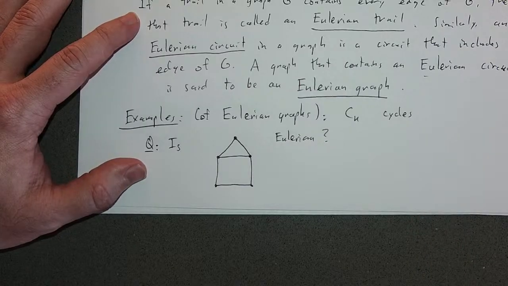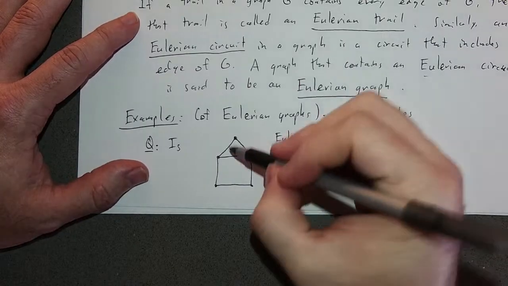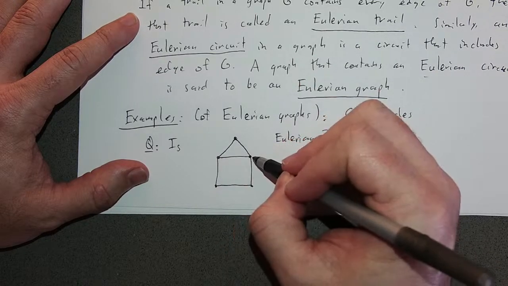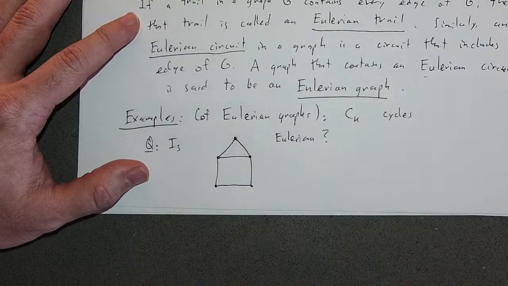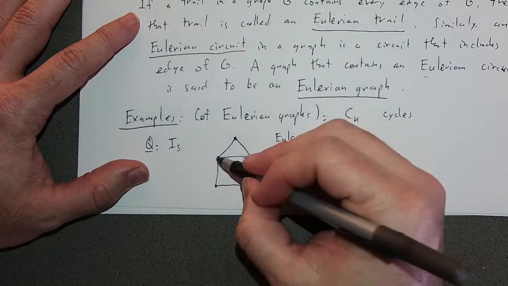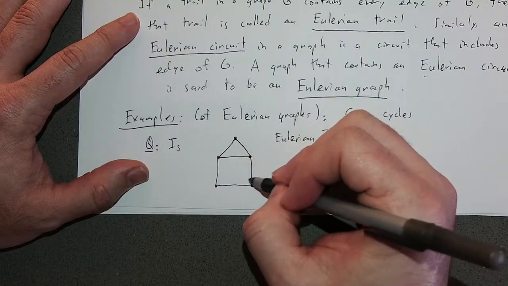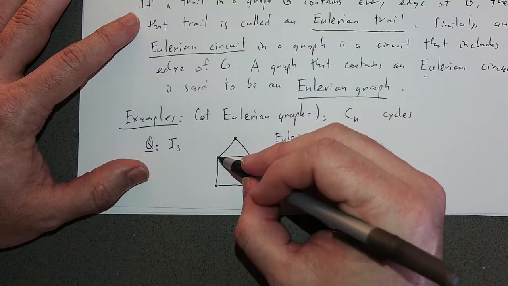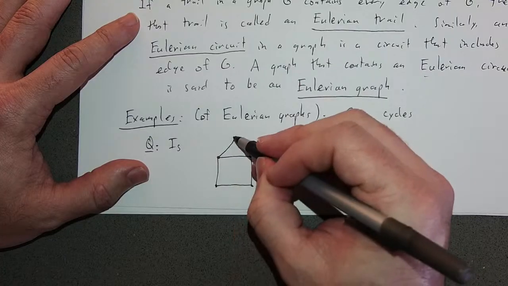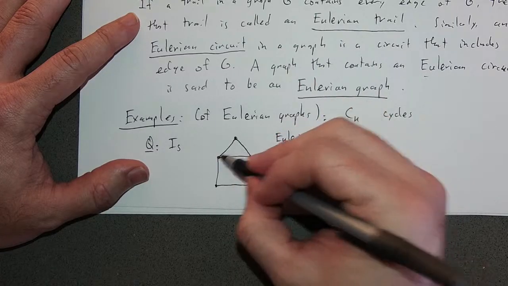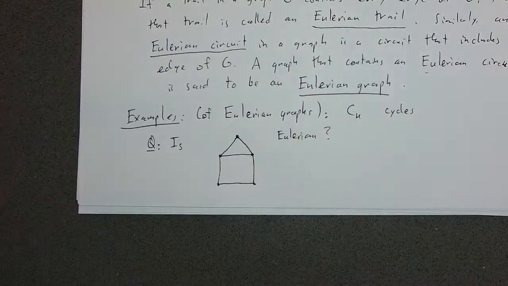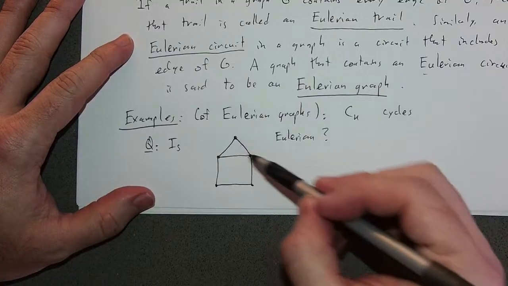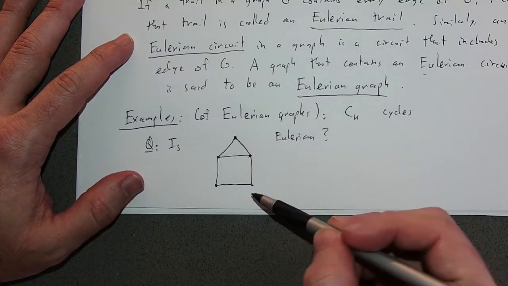Well, let's try to identify an Eulerian circuit. There's not that many vertices. That here is an Eulerian trail from this vertex to this vertex. I repeated no edges. But that's not an Eulerian circuit, so for an Eulerian circuit, I need to pick some vertex and